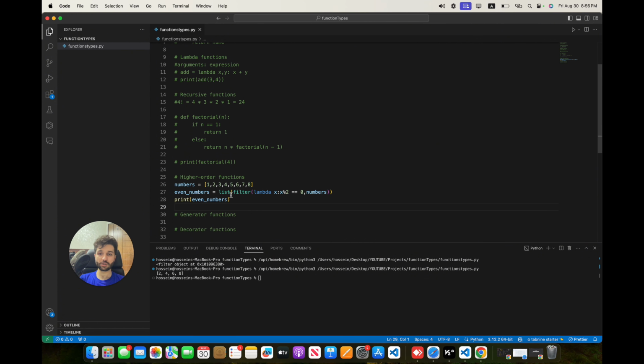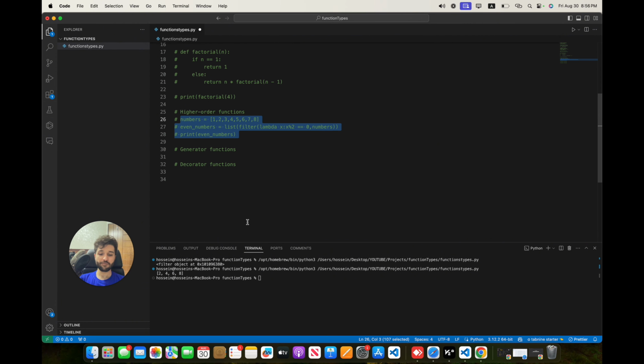Okay, these are the high order functions, and for example we have filter, map, and some others, and I will talk about them, and you can find the link in the description to learn more about these kinds of functions. Okay, let's go and talk about generator functions. What is a generator function? We want to get as an output an iterable object with a